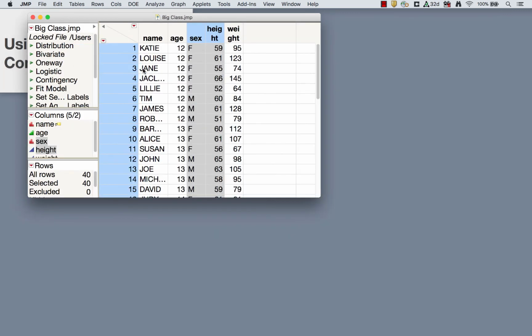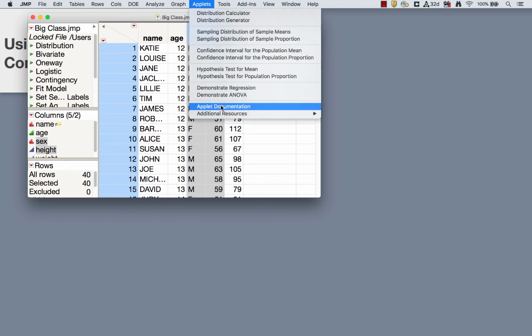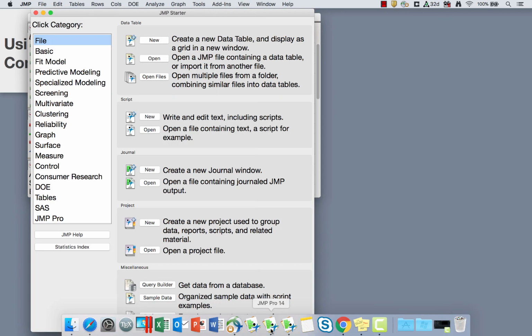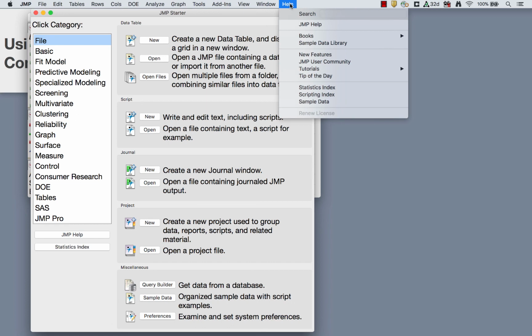Okay, so if you have any other questions on the applets, a lot of answers can be found in this applet documentation. Again, if you're using JMP Student Edition, there's an applets option right here in your menu bar. If you are using JMP the standard version or the pro version, then you would not have that applets option up here in the menu bar. You'd need to go to sample data from the help menu. So help, sample data,